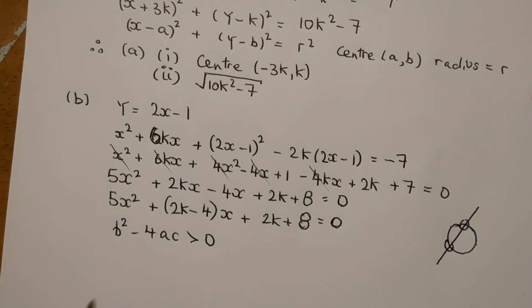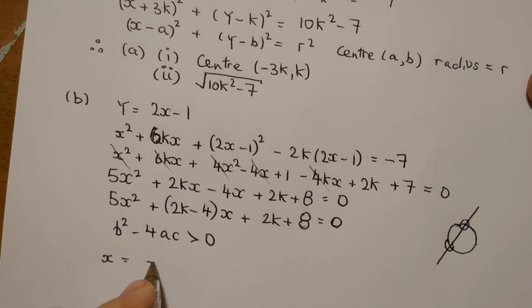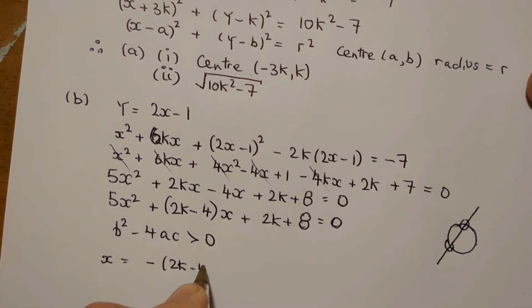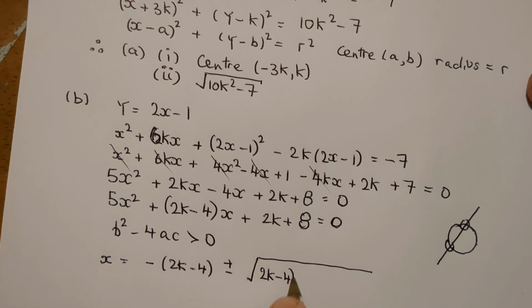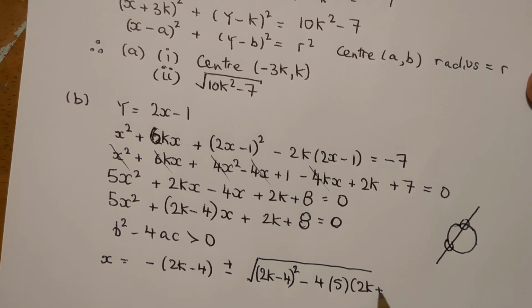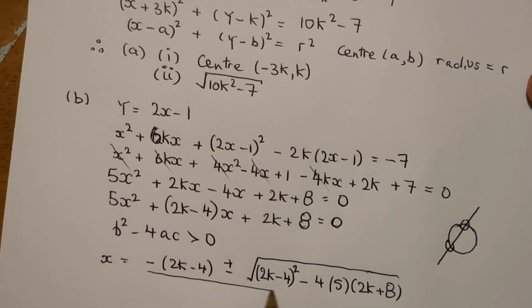Otherwise, in the equation, there wouldn't be two distinct solutions. Let me explain that a bit more clearly. Let's suppose we wanted to solve this using the formula. So we go x equals minus (2k minus 4) plus or minus the square root of b squared, which is (2k minus 4) squared, minus 4 times 5 times (2k plus 8), all divided by 2 times 5, which is